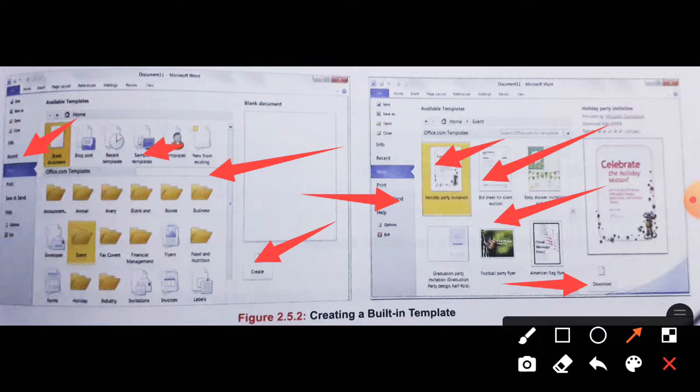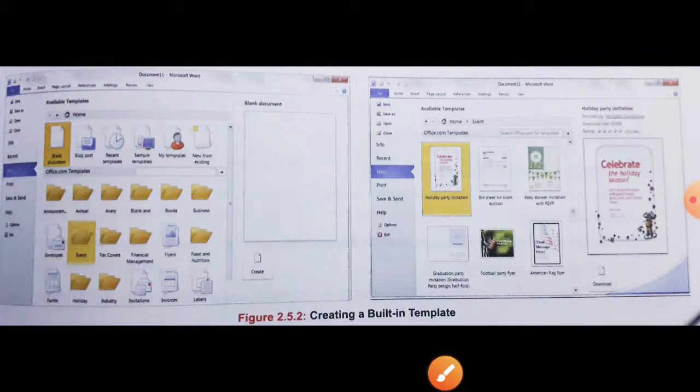Students, as I told you about these templates, how to create blank, existing and built-in templates. I think you will read about it and watch this video properly, and by watching this video you can do the practical at your home using software such as MS Word or OpenOffice.org. You can use both for practical. I think you will learn this properly and thoroughly, and now prepare all the things properly for your exam. Students, thank you for watching this video.